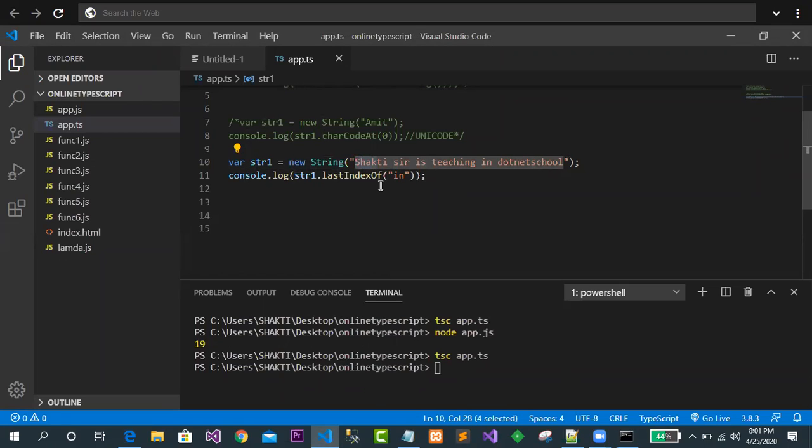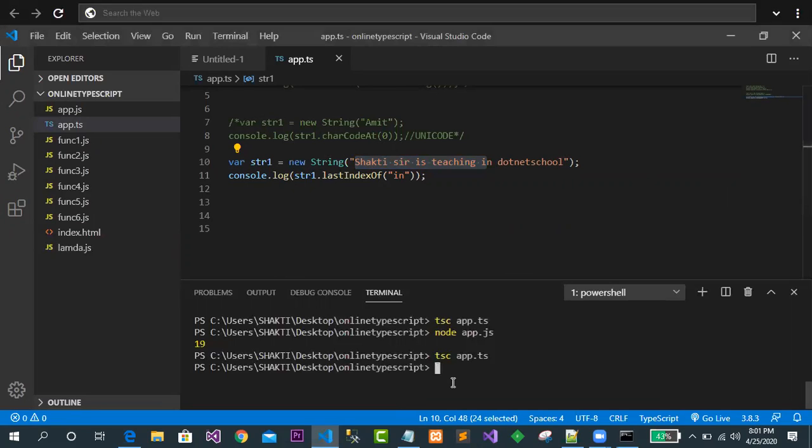You got it? Just see. 0, 1, 2, 3, 4, 5, 6, 7, 8, 9, 10, 11, 12, 13, 14, 15, 16, 17, 18, 19, 20, 21, 22, 23. So what is the right answer? 23. Okay.